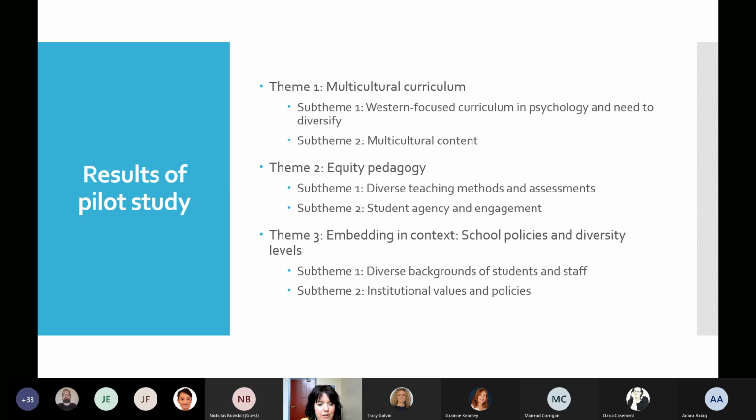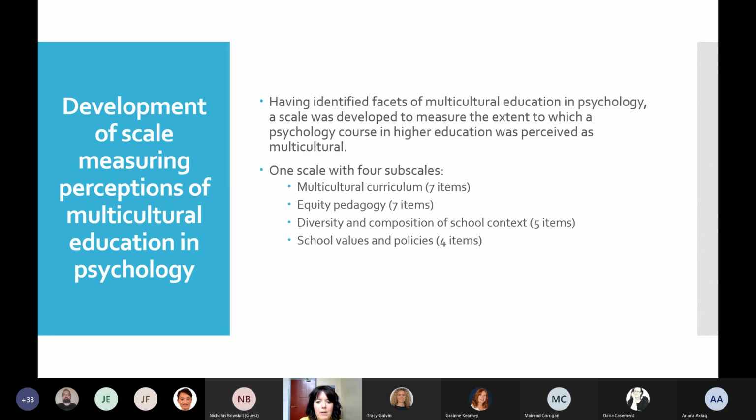So leading from the qualitative findings, a new scale to measure the extent to which a psychology course in higher education was perceived as multicultural or not was developed, with subscales reflecting the themes. So there was one 7-item scale of multicultural curriculum, a 7-item subscale of equity pedagogy, and because we suspected that